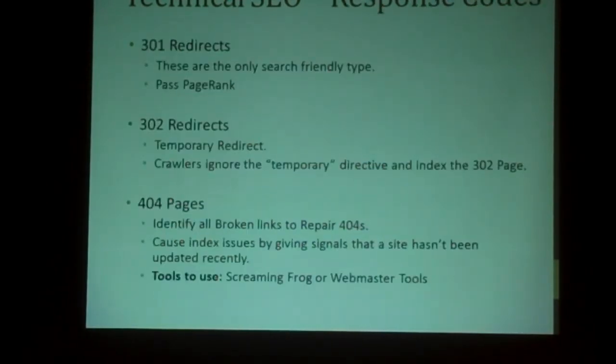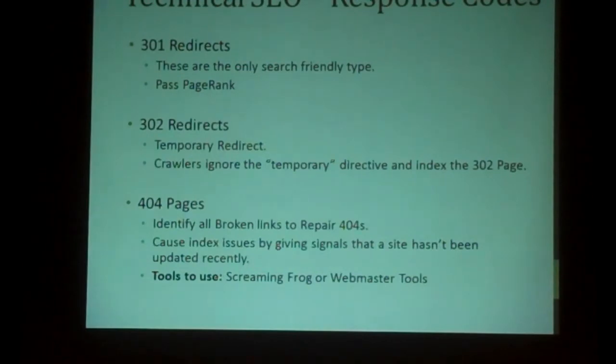Another point of technical SEO are response codes. You have to deal with them a lot as your site gets bigger and older. There are 3 types: 301 redirects, 302 redirects, 404 pages, among others, but these are the most popular. 301 redirects are the only ones that are search friendly. They pass page rank, so they're the ones that we recommend most utilizing, because if you're redirecting what